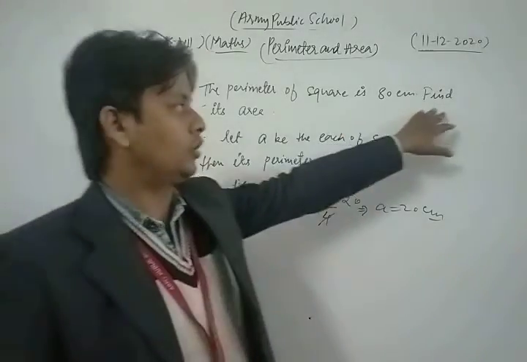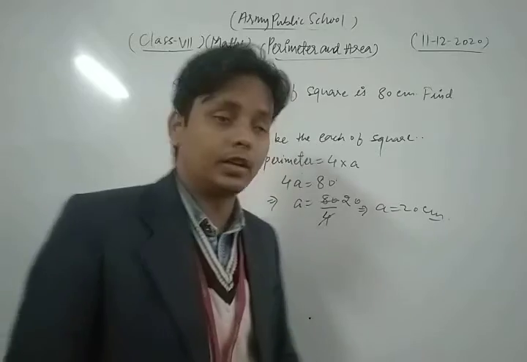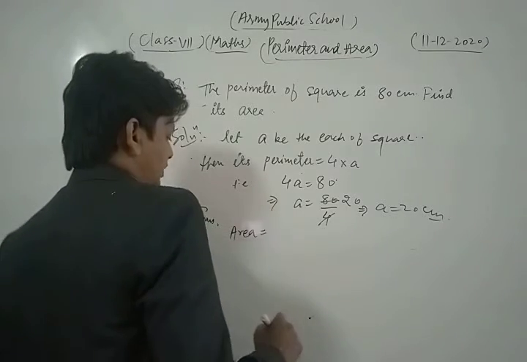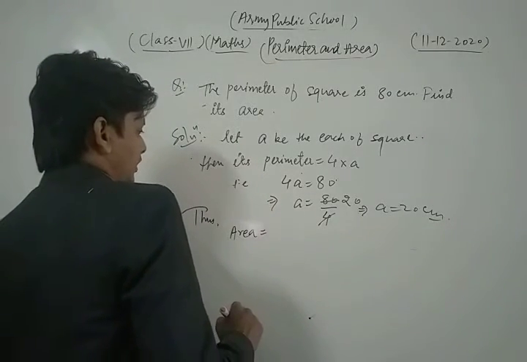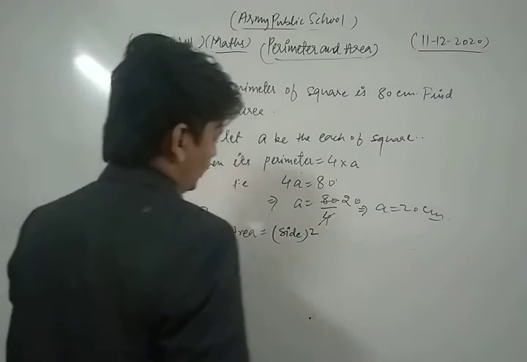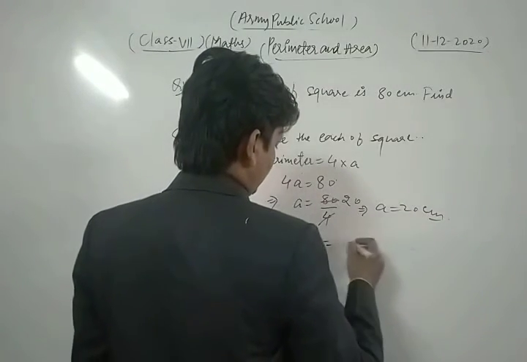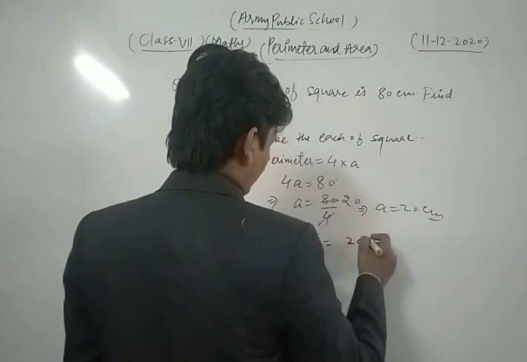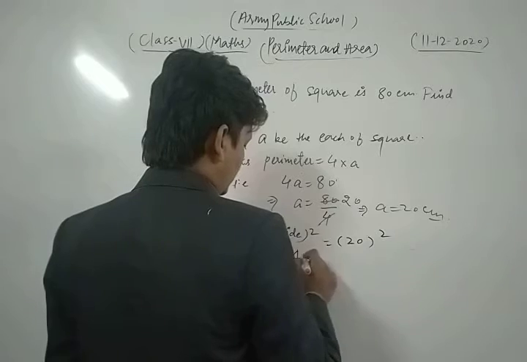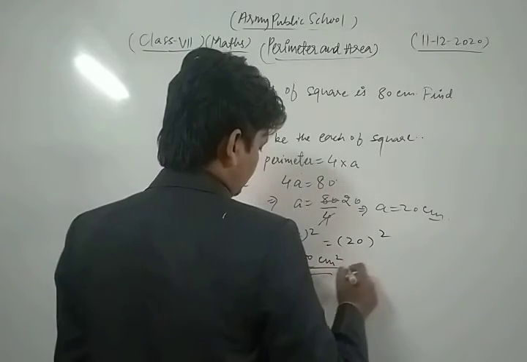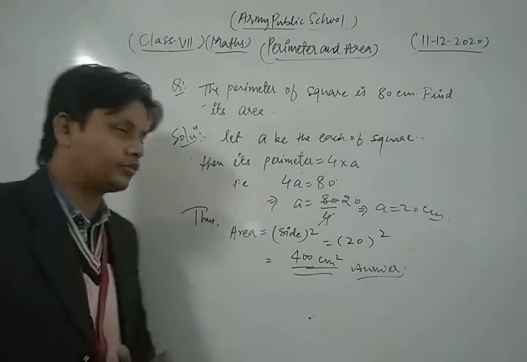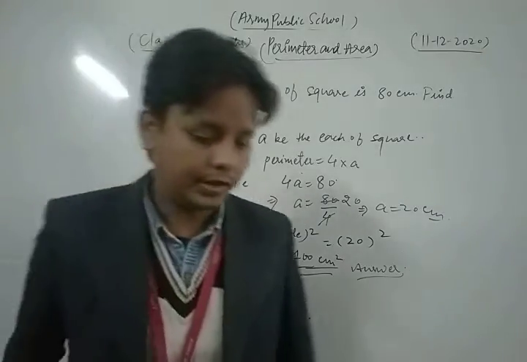Okay, now we find the area of the square. Thus the area is side square. Now the side is 20, so 20 square. 20 square is 400 centimeter square. This is our required solution of the given question. Thus, dear student, in this way, you can solve each and every question of your NCERT exercise based on